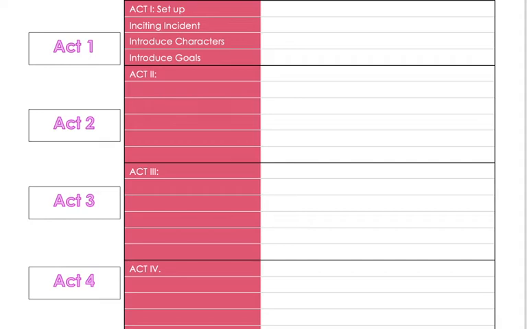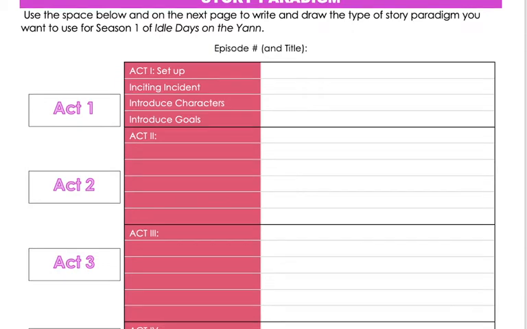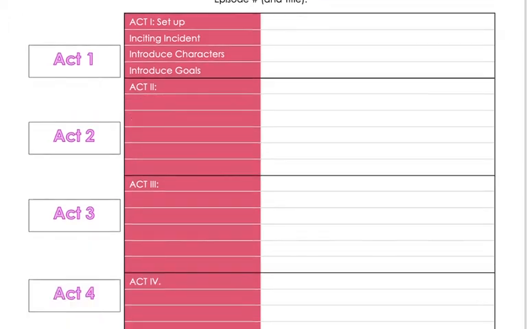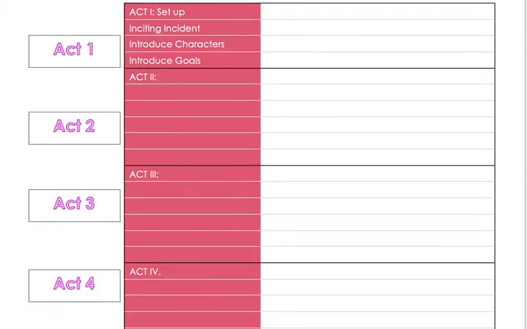So here, basically, in our workbook, I've done one kind of worksheet for you. It's divided up into your 5 acts, as you can see. And at the top, it says episode number and title. So in Act 1, you want to have the setup, the inciting incident, introduce your characters, introduce your goals, move into Act 2. And here, I'm not giving you specifics